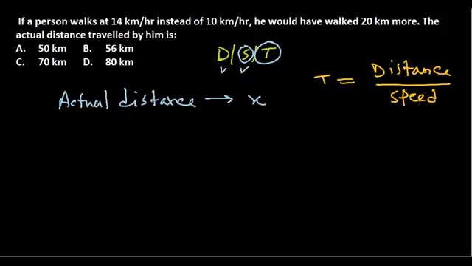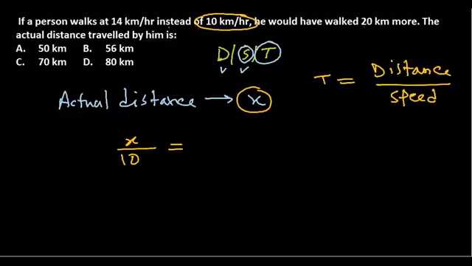So we know that this is possible: time equals distance by speed. In this case, if our actual distance is assumed to be x, the time will be distance, which is x, and speed is 10 km per hour, so speed is 10, equals,